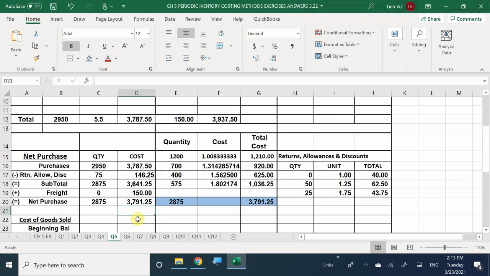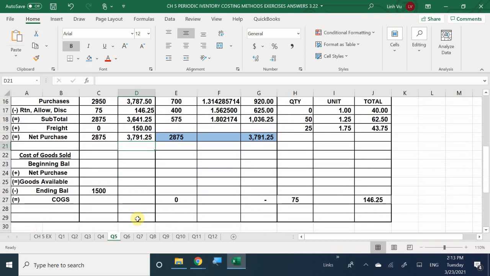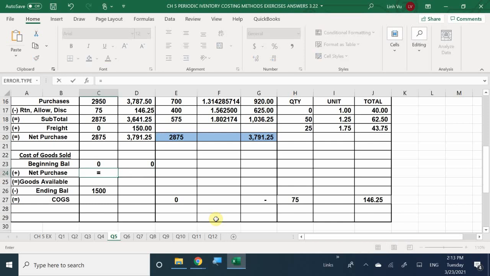So now we're going to go ahead and solve for down below. All right. We do not have any beginning inventory, right? There was no context of if we did or not. And yes, we just solved for our net purchases from right above. So I'm going to carry that down, right? I'm going to carry my 28.75 down. And I'm also going to carry my